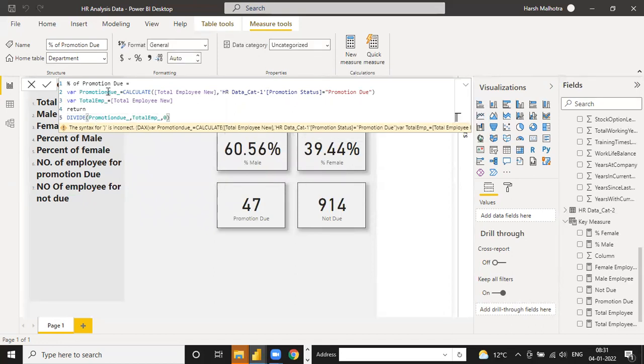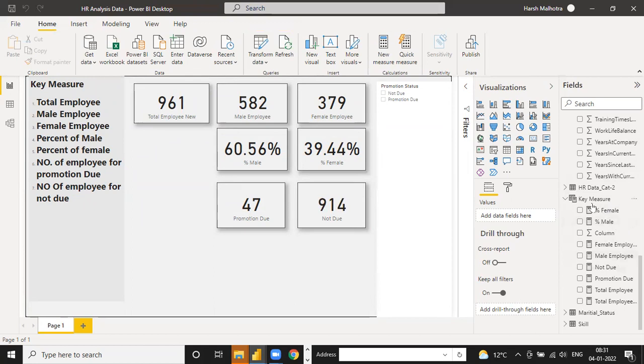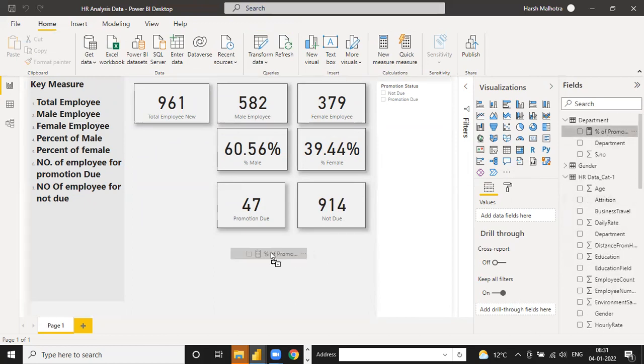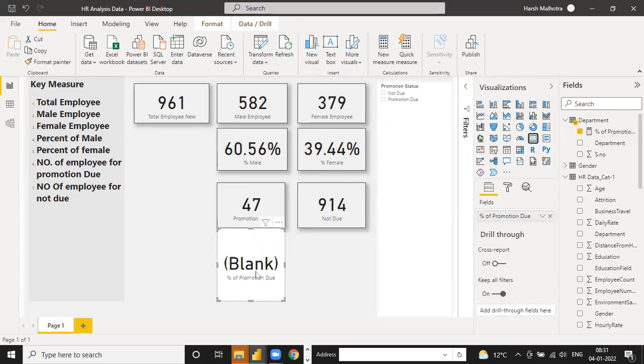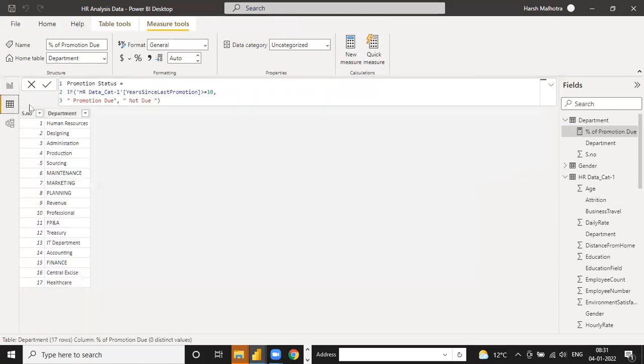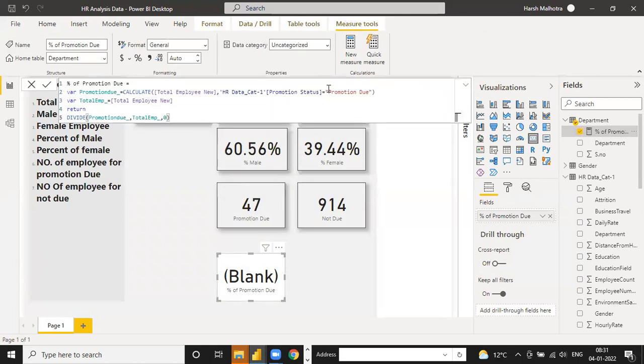Okay, so this is a little advanced topic. If I select this one, percentage of promotion due, select this, go to this, the answer is blank. Why? In the same way, click on this, promotion, see there is a gap, so select this, you have a gap value.